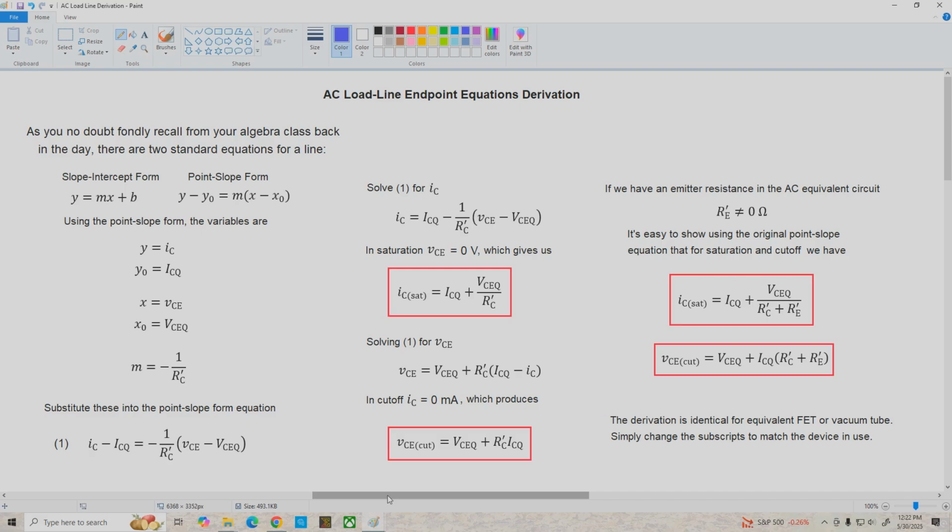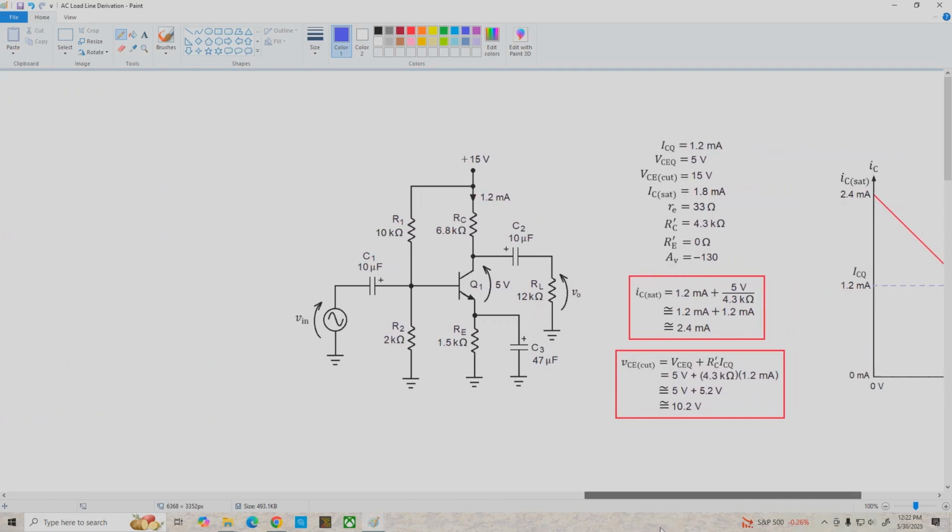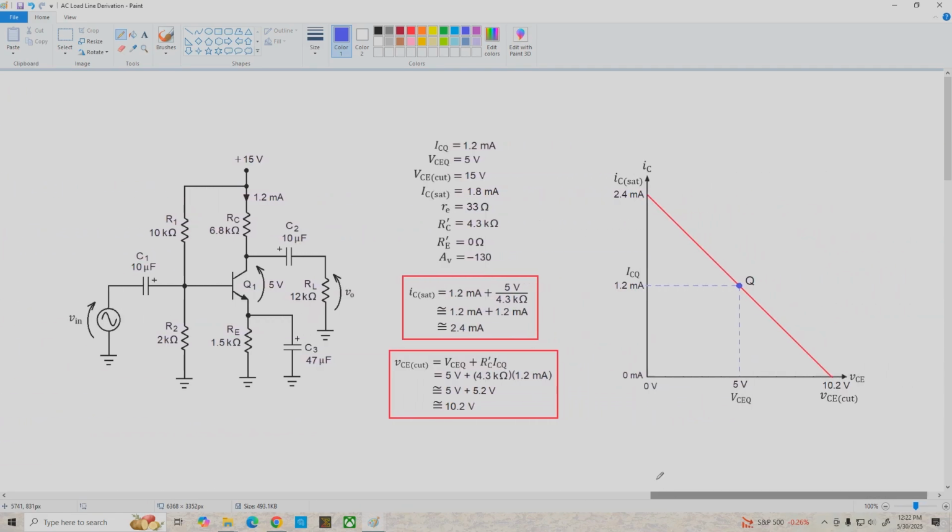Okay, let's go on over to the next page and look at a circuit that I put together to show an example of all these calculations. I designed this circuit to get as close to a centered ACQ point as I could using standard resistor values, and all the analysis results are here. ICQ is 1.2 milliamps, VCEQ 5 volts. The rest of it, little RE, is based on assuming eta is 1.5 and V sub t is 26 millivolts